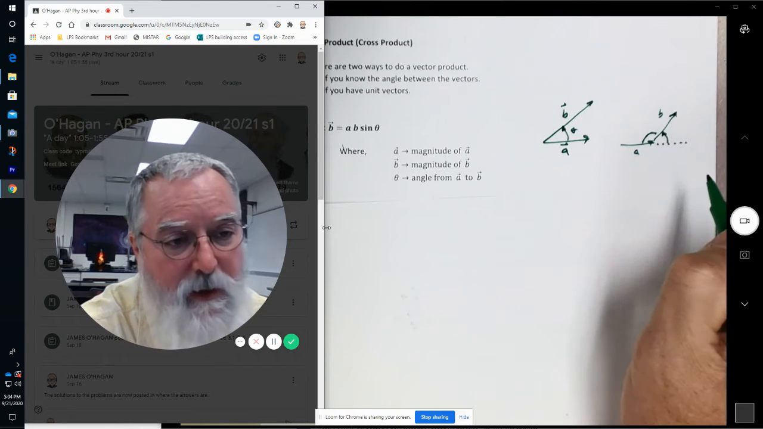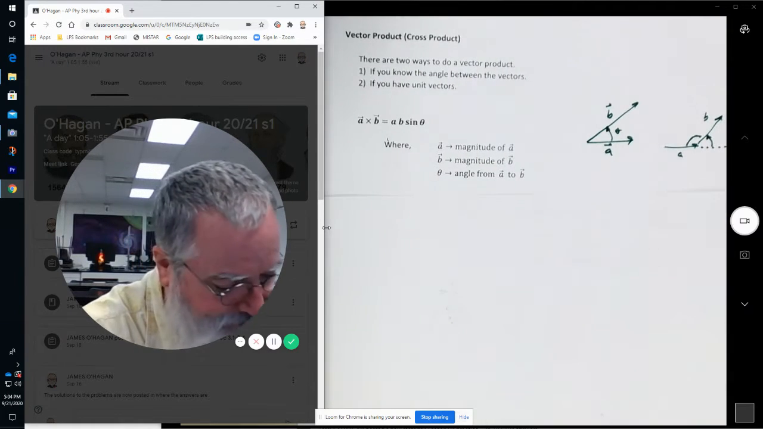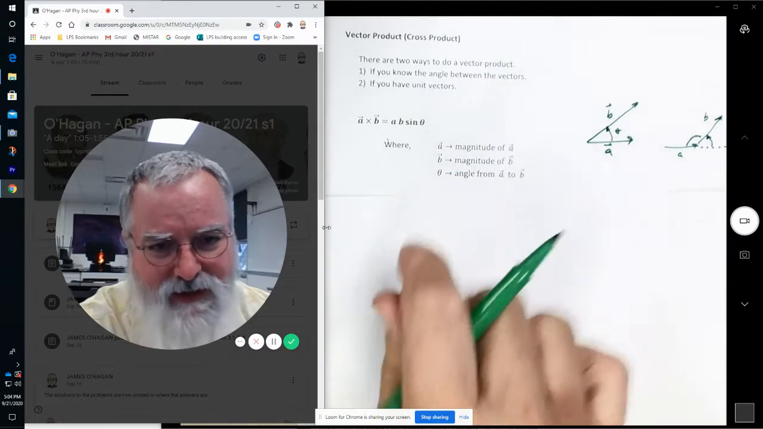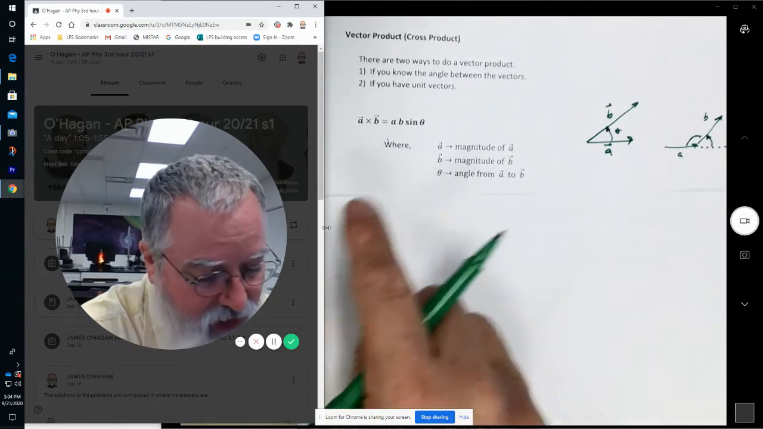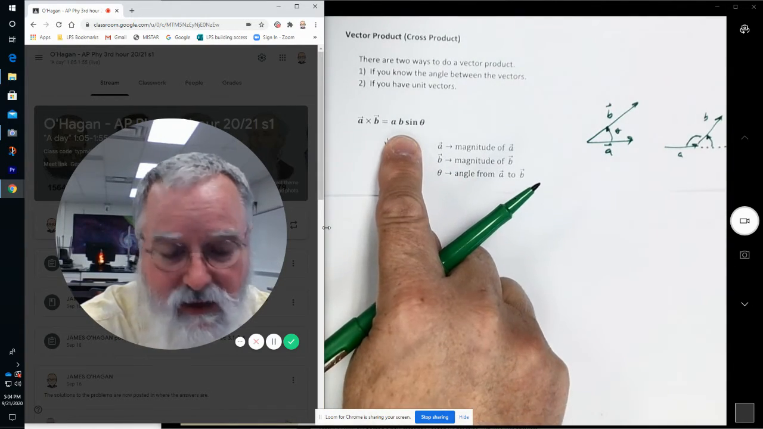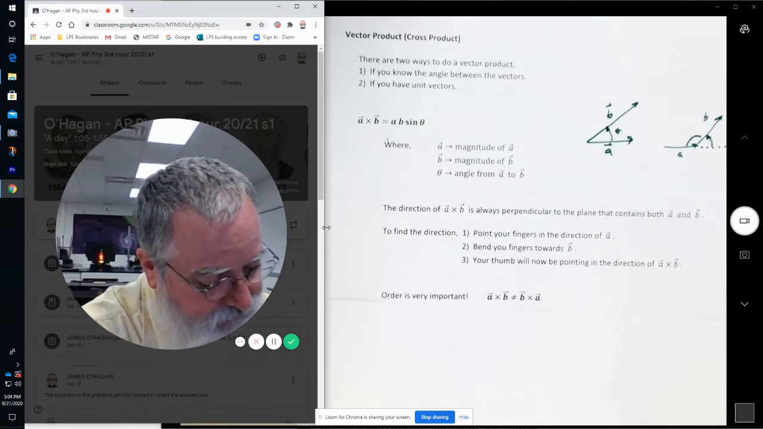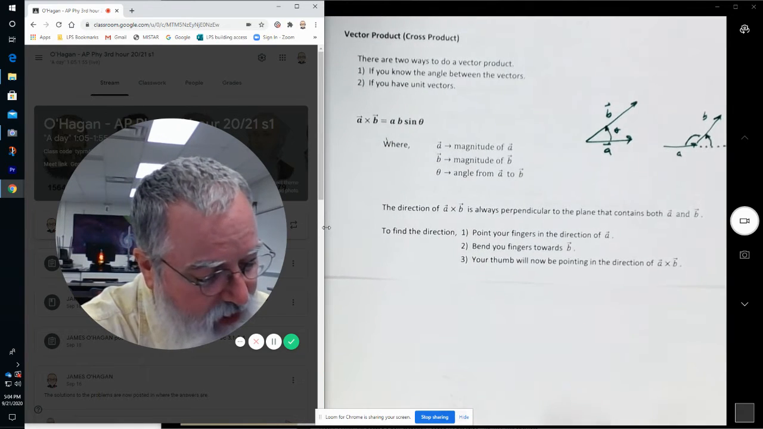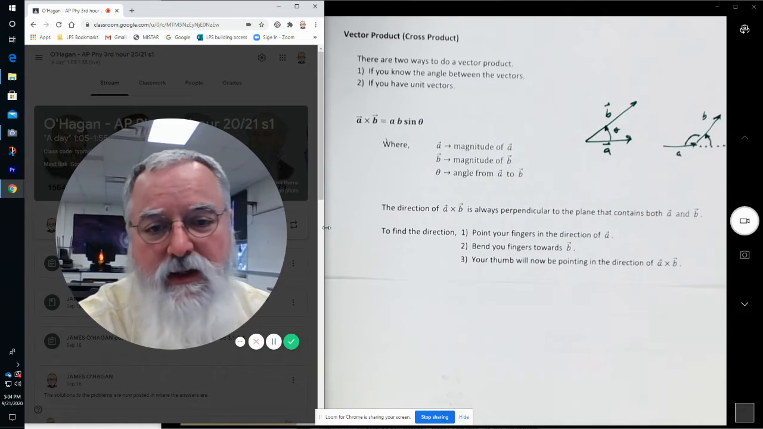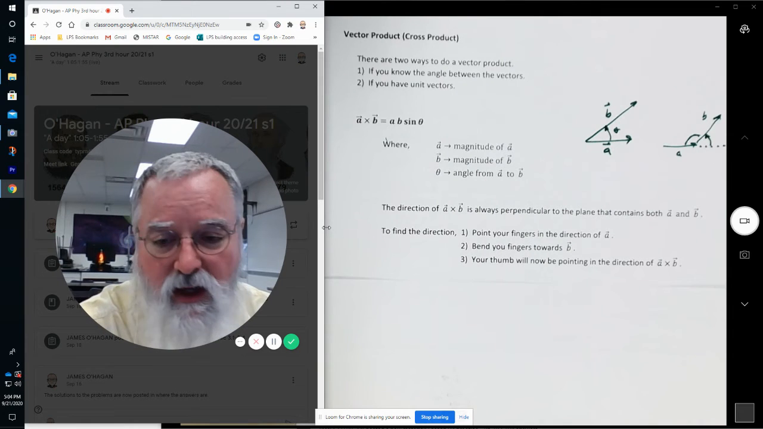That's the angle right there. Okay, so this is all great, except we know we have to get a vector out of it, and this just told me how to get the magnitude part. So for the vector, to get the direction, you're going to do something called